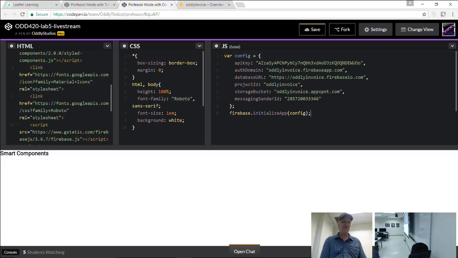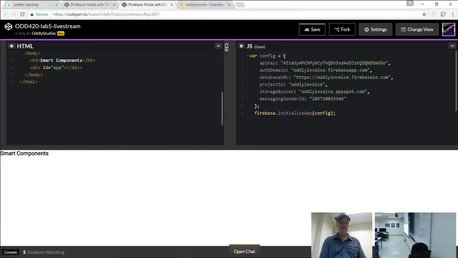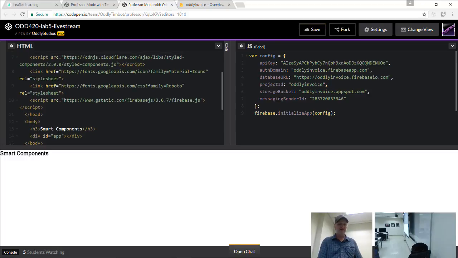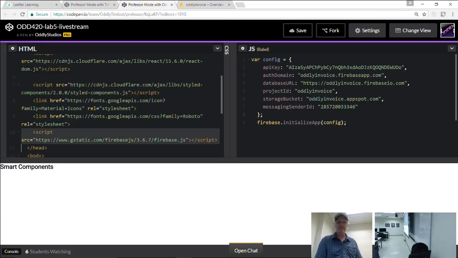Over on the script tags here, you should have a script tag that is loading in the Firebase JS there. For me, it's line 10. Let me make this a little bigger. And just like that, you are ready to rock the Firebase.